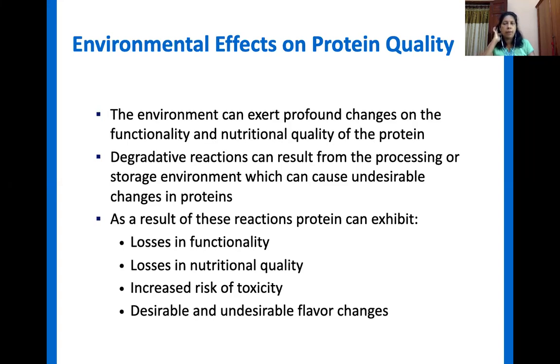Yes, very good. The one is the Maillard reaction. If we are talking about the Maillard reaction, that is a very good answer. Because of the Maillard reaction, a few things can happen. What are those? Under this list, a few things can happen. What are those?